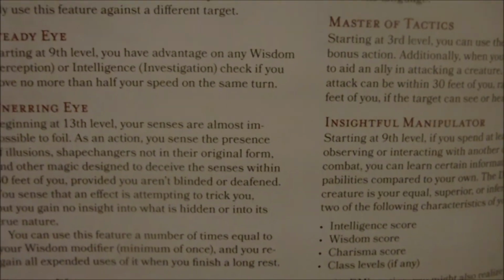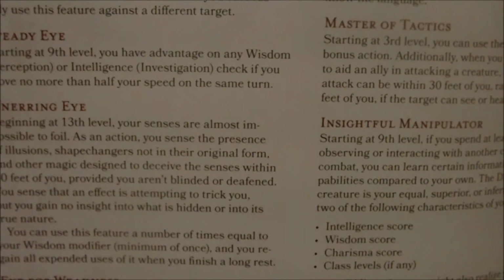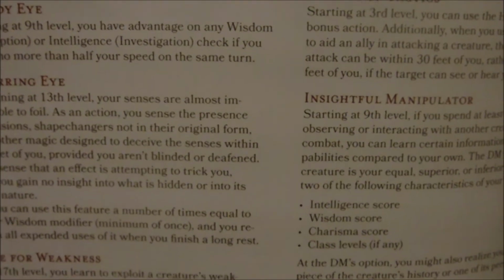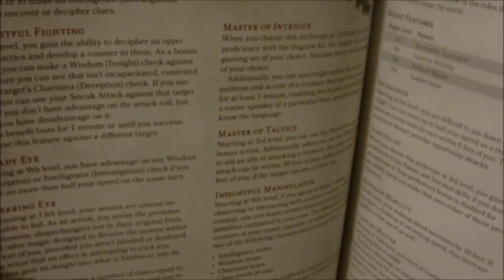You sense that an effect is attempting to trick you, but you gain no insight into what is hidden or into its true nature. You can use this feature a number of times equal to your wisdom modifier, and you regain all expended uses when you finish a long rest. So basically with that, if somebody is shape changed around you, you know that something's going on, but you don't necessarily know who it is or what the nature of it is. You just know that there's something unusual,